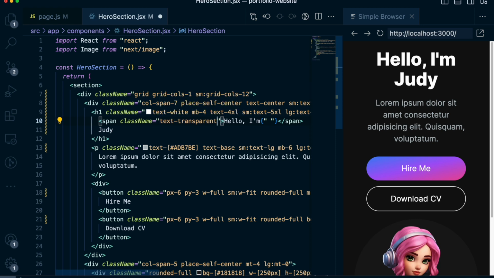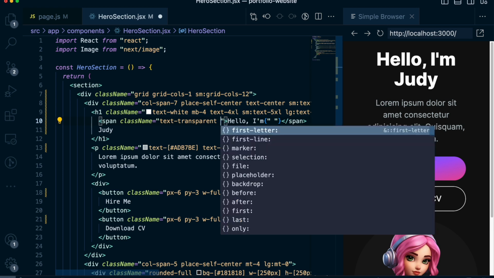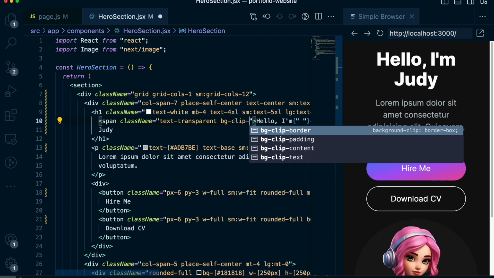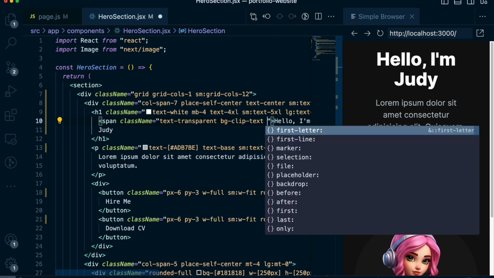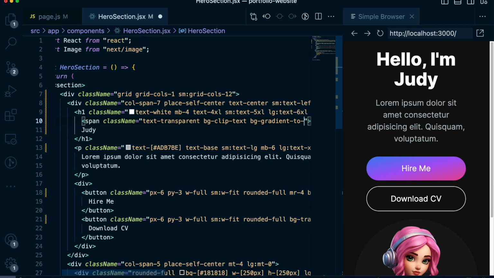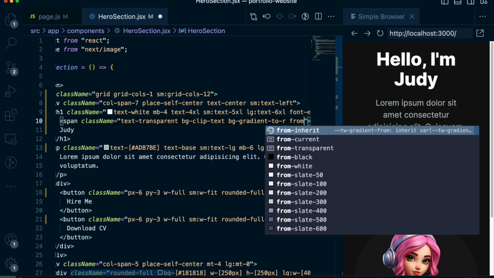So what we'll do instead is as a color, we'll apply transparent. Then we'll basically create a clip out of it, so it would have a gradient and the text would be basically cut out. And we can do the clip by bg-clip-text, and then we set background once again to gradient